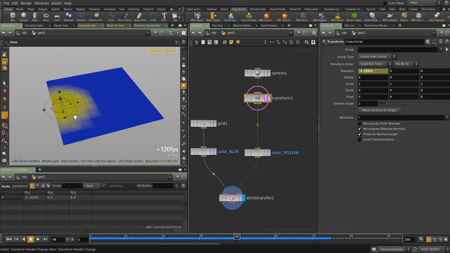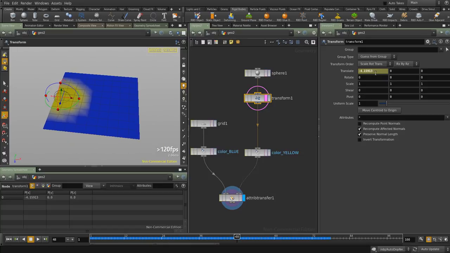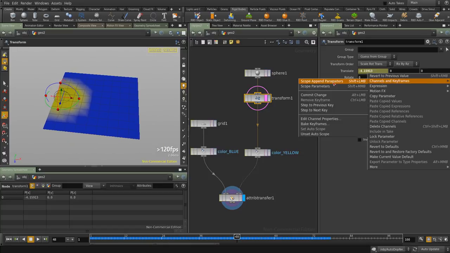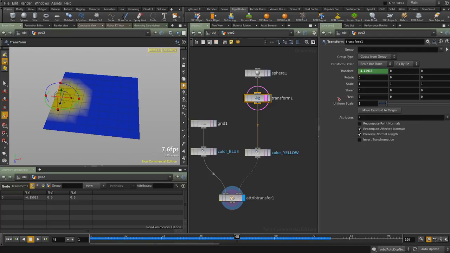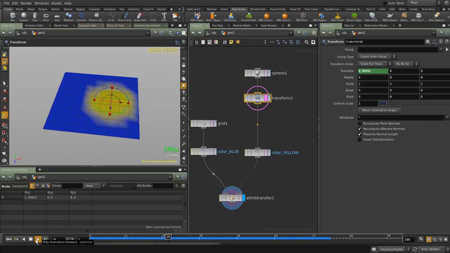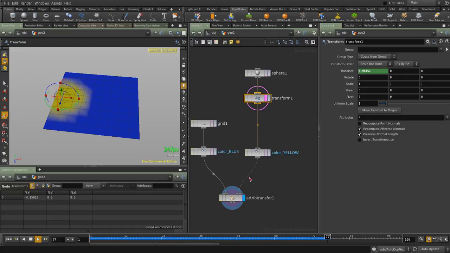Move my sphere here, okay, and left mouse button, commit change. Now we can see if I press play, I transfer my yellow to my blue plane. Okay,